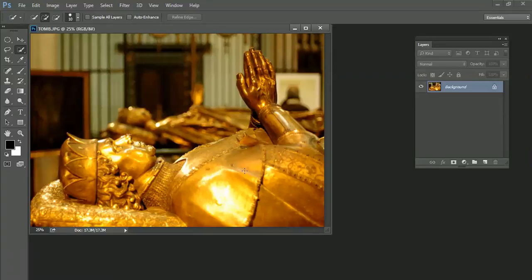Okay, in this video I'm going to show you how you can use the polygonal lasso tool. Now this is a selection tool again that allows you to make really accurate selections. The key thing here is I want to select the head of this statue that we've got here. So I want to go around and pick up this head, and I'm going to use the polygonal lasso tool